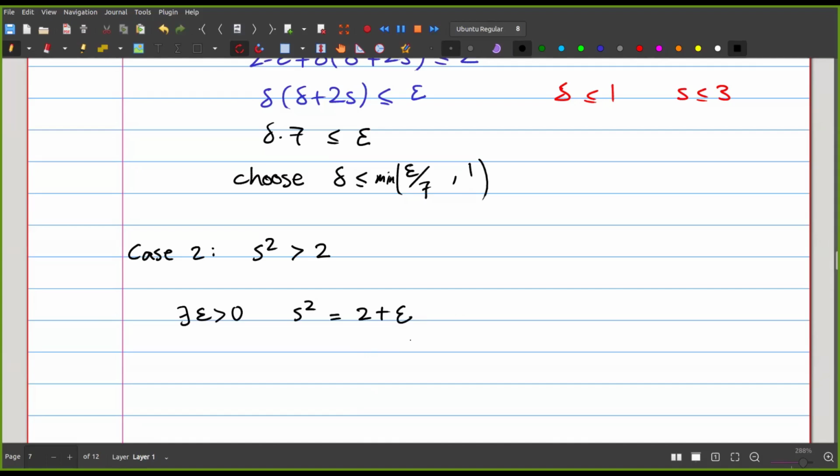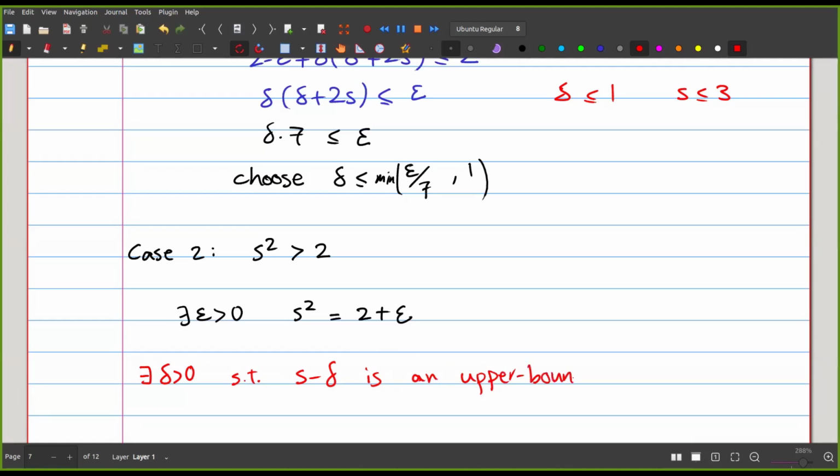I'm not talking about real numbers at this point at all. Now, this time, S might be an upper bound, but it's not the smallest upper bound. So I'm going to find an even smaller upper bound. I'm going to say that there exists some delta greater than 0, such that S minus delta is an upper bound